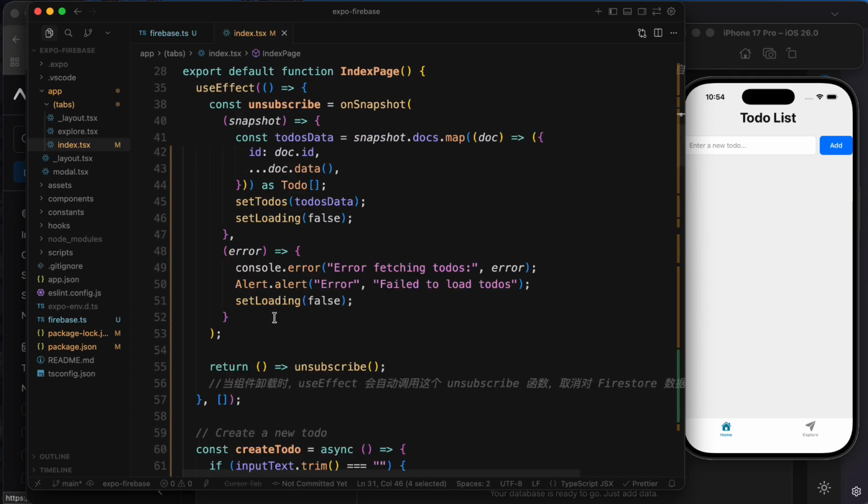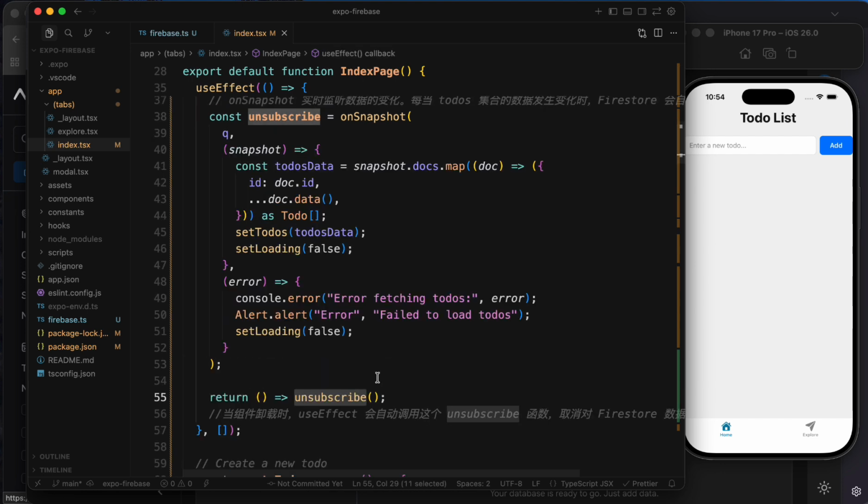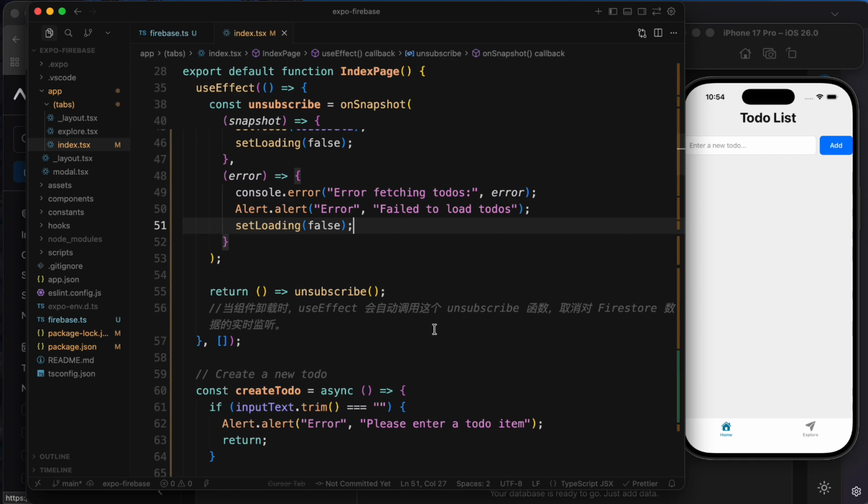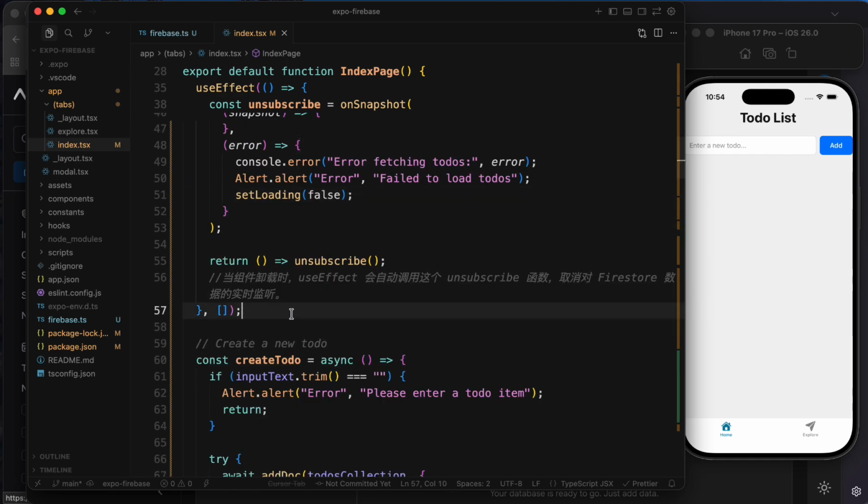And when the component unmounts, we will remove this listener. So we use this return unsubscribe. Okay, and